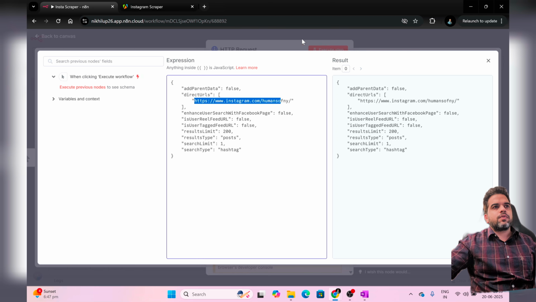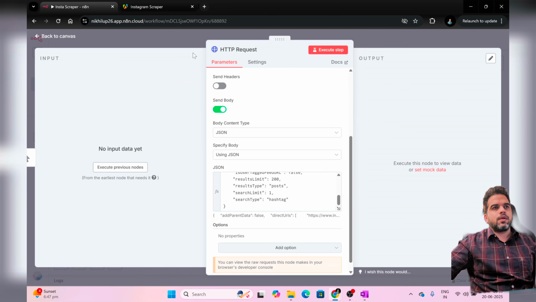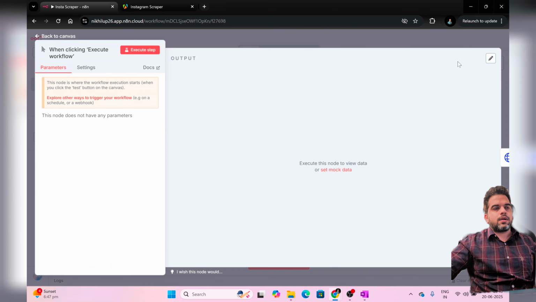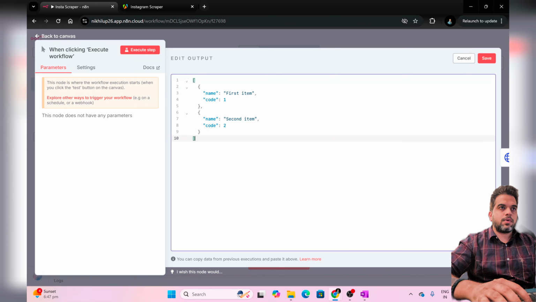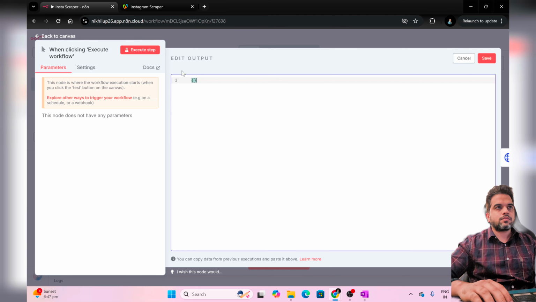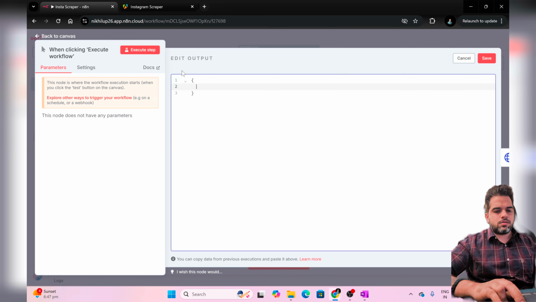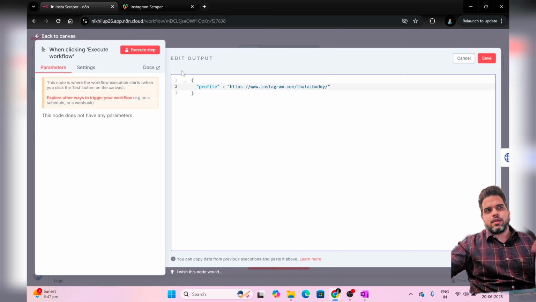Let us do one thing. We'll have an input trigger. Here we can change the input data at the input node. Let me do that. So primarily we have to give a profile URL. Let's just mention it as profile, and the profile URL that I'll be giving would be my profile link as of now. And in future if you want to crawl any other profile, then you can just change the profile